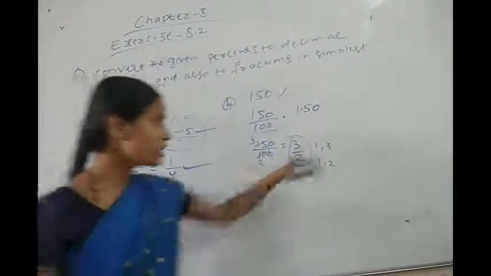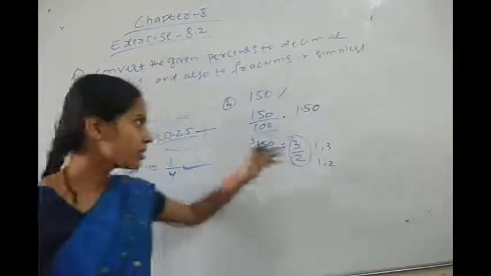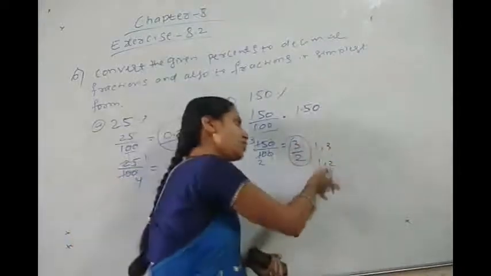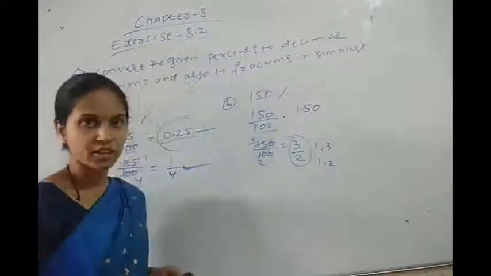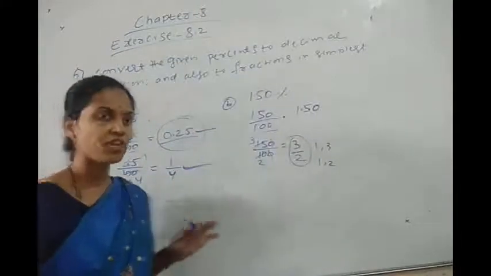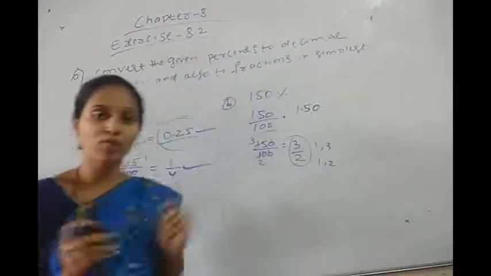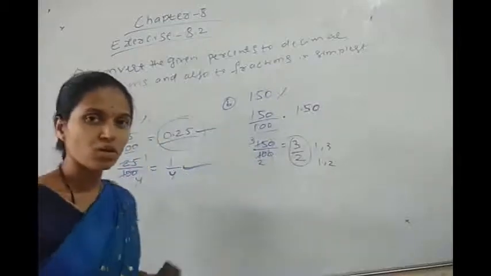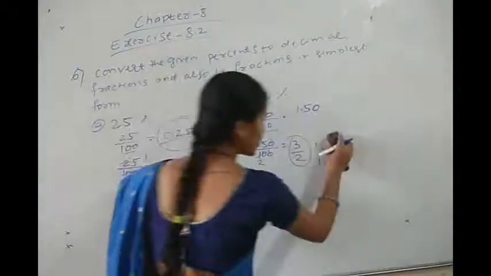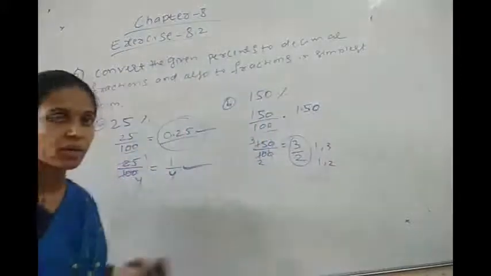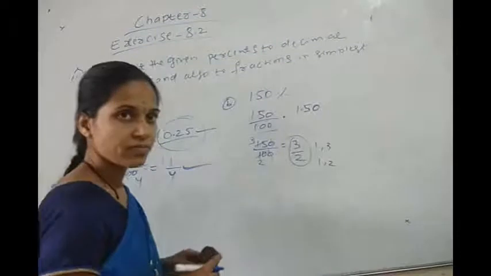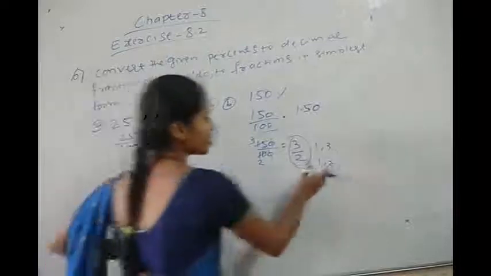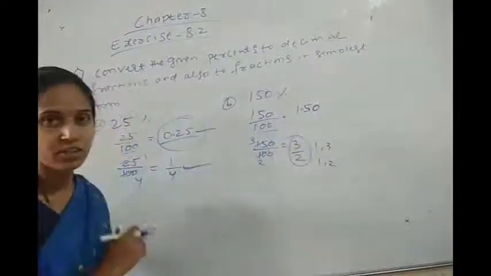You can write 1 is common. But 3 is there in the numerator, it is not there in the denominator. But 2 is there in the denominator, but we are not having the 2 in the numerator. If except 1, we are having any other factors that should be common for numerator and denominator, then only it is not called in its simplest form. But here we are having 2 and 3 as its factors, but they are not common. If 3 is present in numerator, it is not present in denominator. If 2 is present in denominator, it is absent in the numerator. This should not happen.